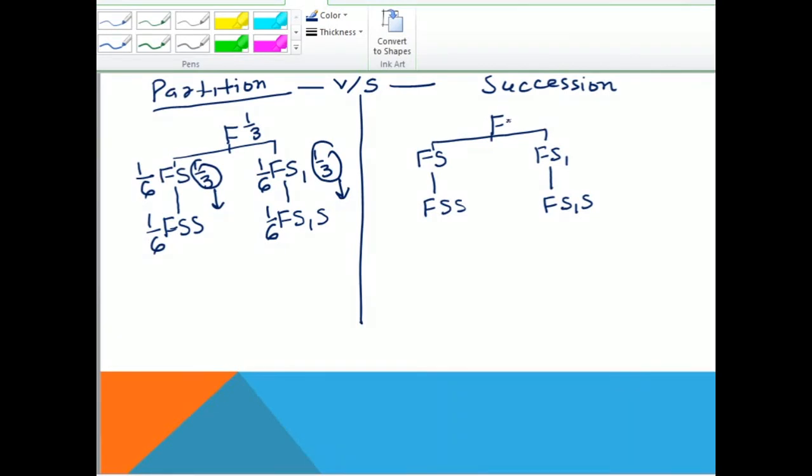In succession in the same property, and remember the succession we talk about is the intestate succession. By succession I mean the intestate succession. Now since this is intestate succession, it will happen after F is dead. After the death of F, if F has died without making a will, then his property will devolve by way of intestate succession. Now in intestate succession what happens?